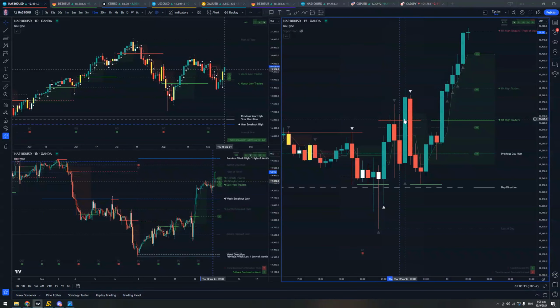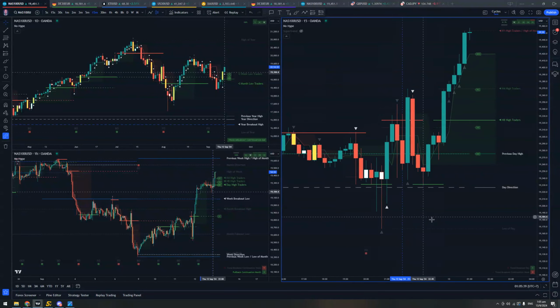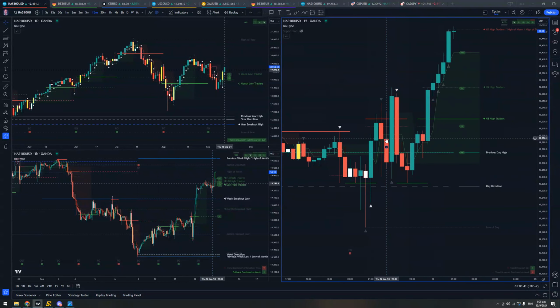It faked out the H8 high, and then for the longest time it was below the previous day high, which would have turned this into a counter trend trade. But right towards the end, it popped up and faked out. Ended up faking out both sides, so I was not interested in that. Next M15 closed inside bar.